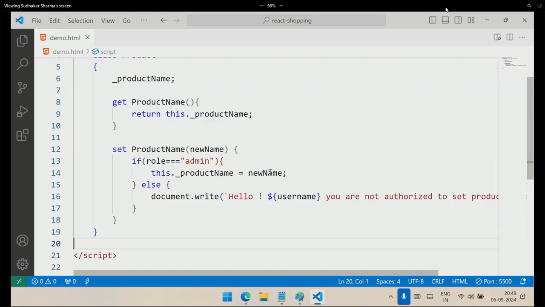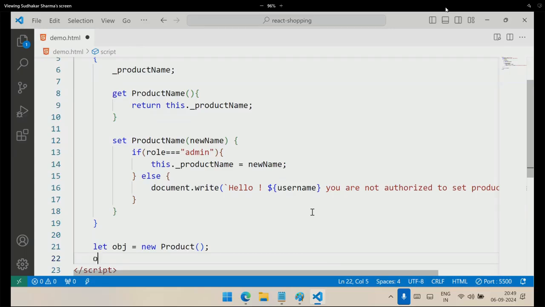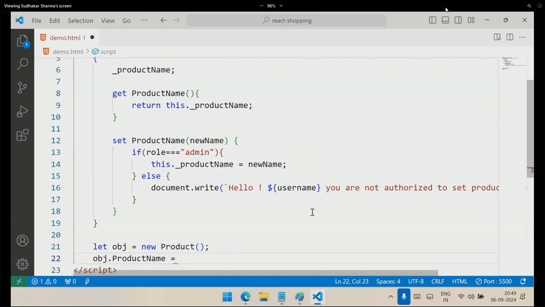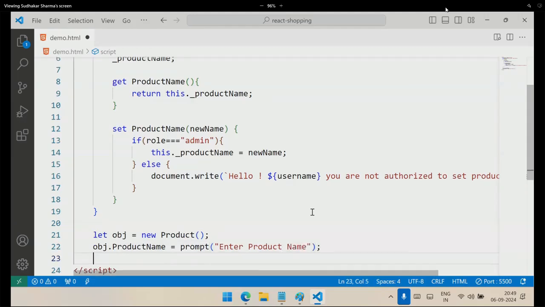Now what we will do here, we will create an object. let obj is equal to new product, and through the object we are accessing product name. Into that we want to store. That means we will ask prompt, enter product name, and now we want to store. Then see what happens when you enter a product name. Suppose you entered TV, then this should be stored inside this